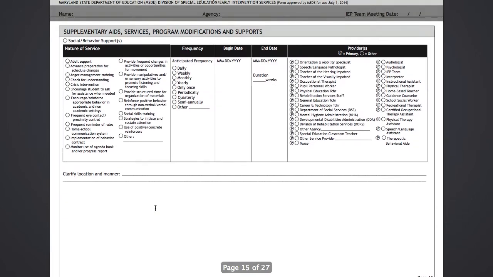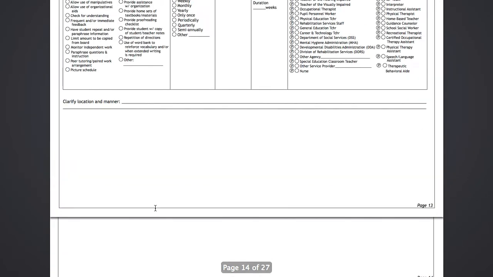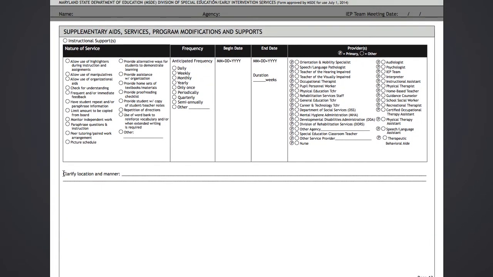So you'll also notice in this section of the IEP that you have the option to indicate clarify location and manner. And that is where you're going to discuss where and how, excuse me. So you're going to talk about where the support is going to be provided and how the support is going to be provided. Because simply checking some of these items in the top left-hand box here might not be sufficient